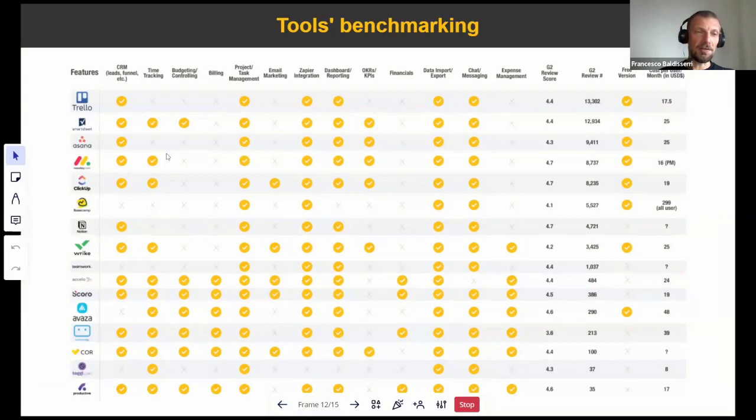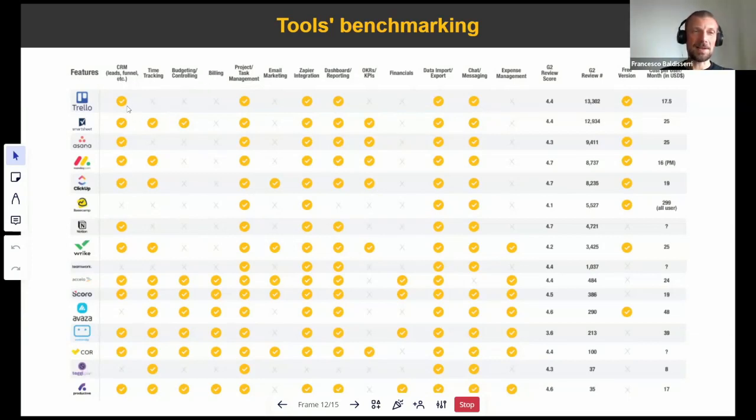So we were looking for a tool that is as complete and end-to-end as possible for an agency, and that could cover as many phases as possible. So you can see here the different tools that we evaluated and the phases that we targeted to cover for our client.